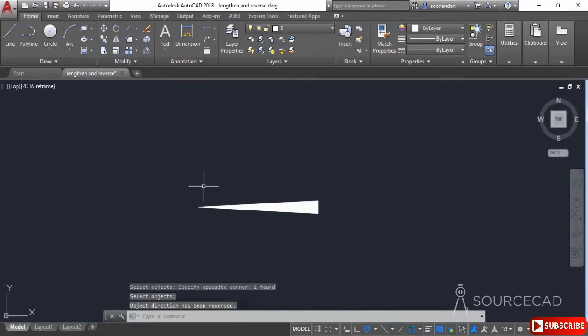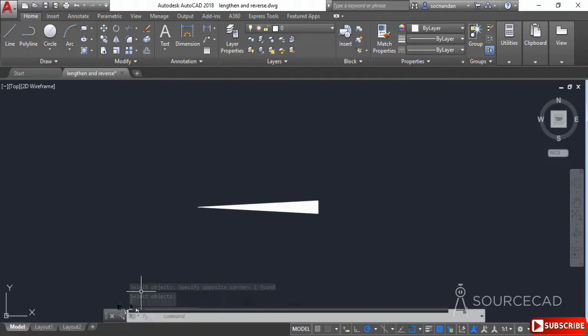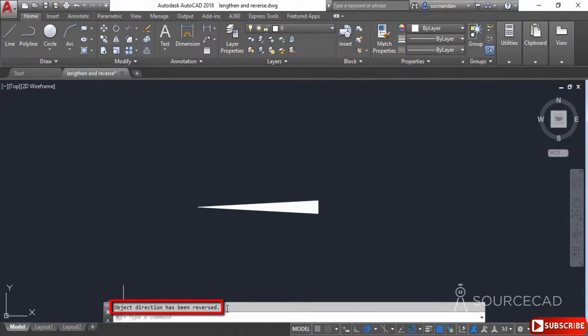Now, although you may not see the change in direction, when you look at the command line, let's expand it, you'll see that the object direction has been reversed. So obviously the object direction has been reversed, but we are not able to see any change here in this polyline because it has not reversed the order in which the polyline has been made. And in order to apply the change on the order of this polyline, you need to change the PLINEREVERSEWIDTHS